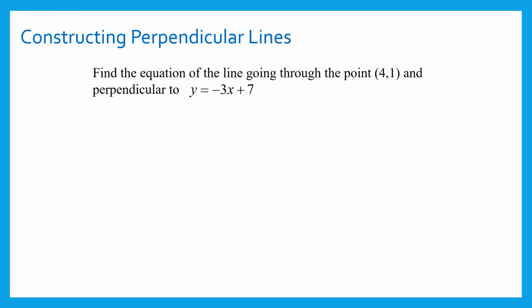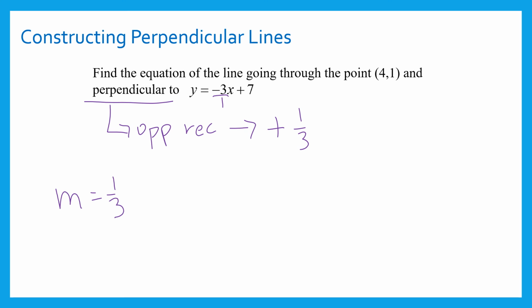So find the equation of a line going through the point (4, 1) and is perpendicular to y = -3x + 7. So again, if it's perpendicular, I want the opposite reciprocal slope, which this one has a slope of -3/1. I want to make sure to turn that into a fraction. So if it's the opposite, it would be positive, and then the reciprocal of 3/1 would be 1/3. So the slope that I want to use is 1/3, and then my line has to go through the point